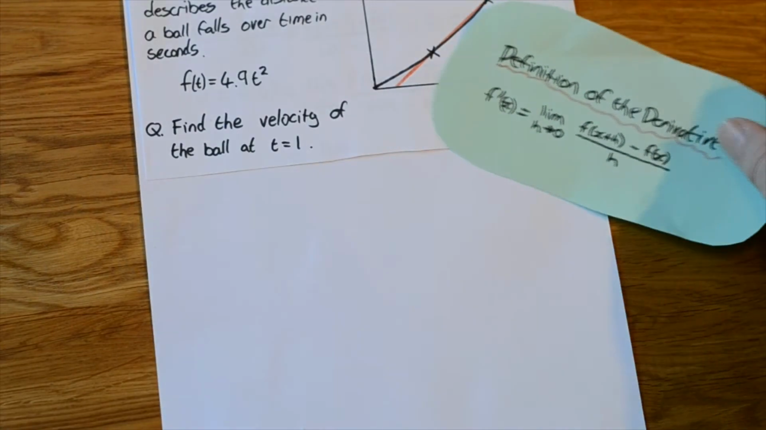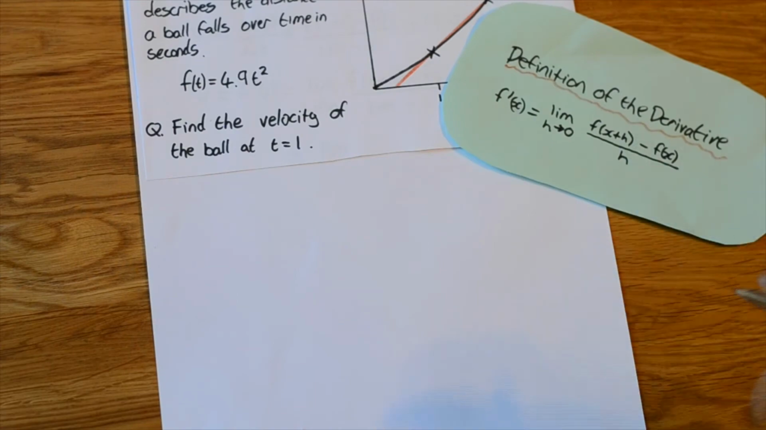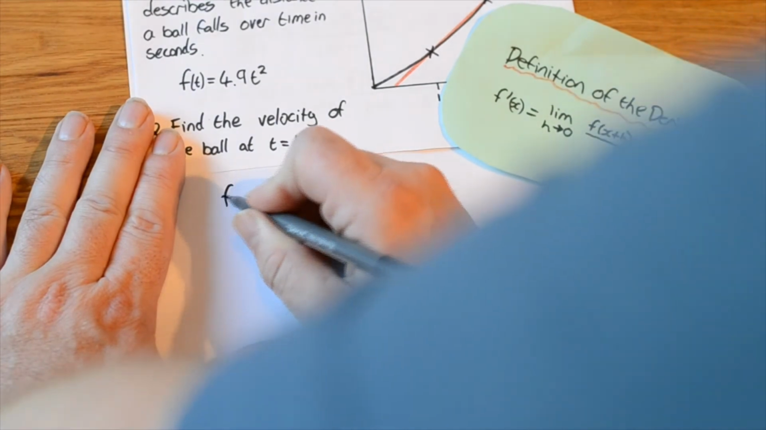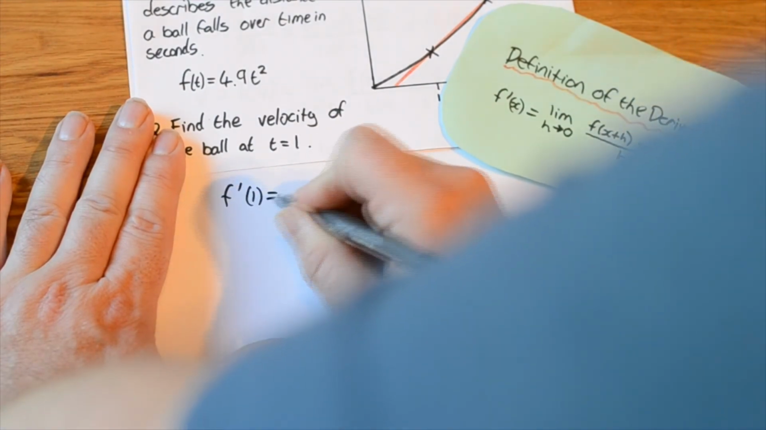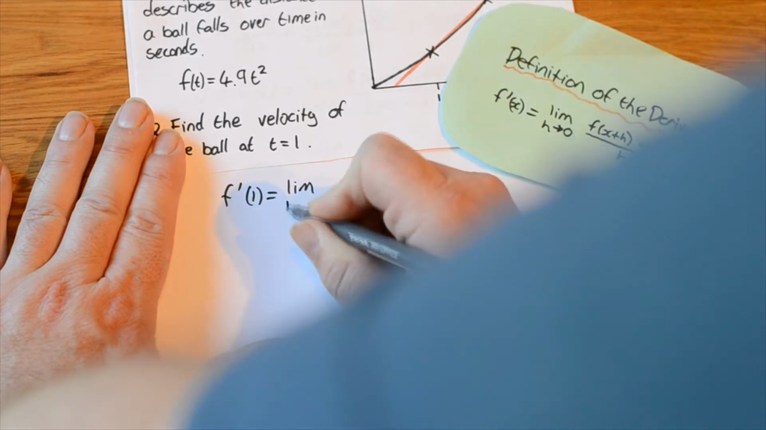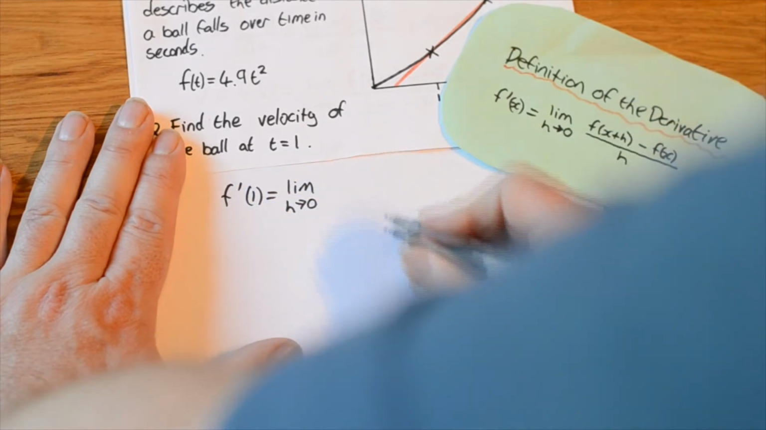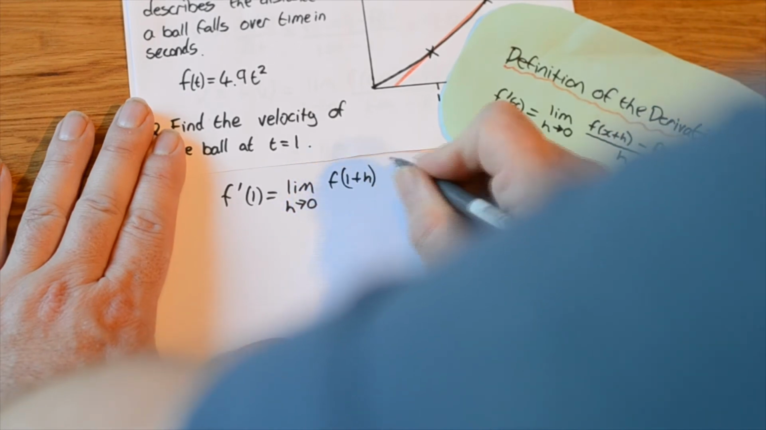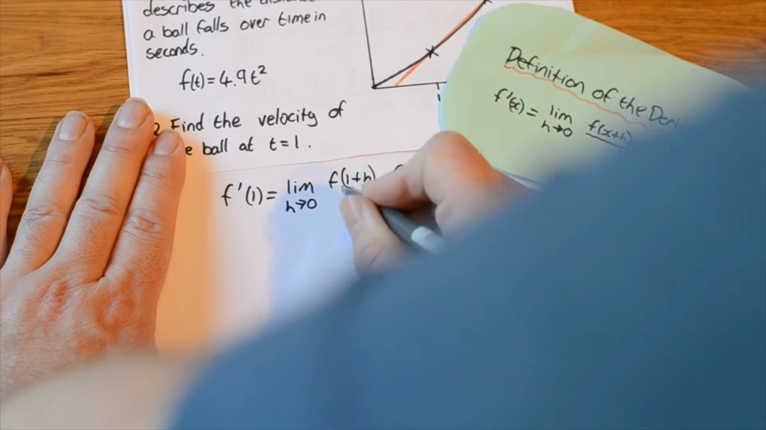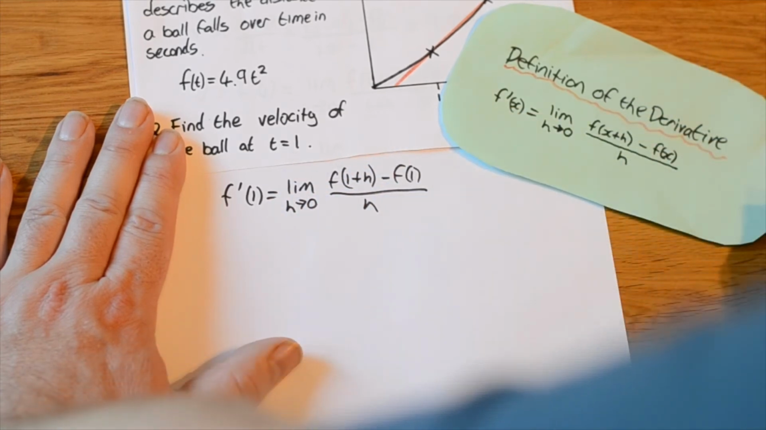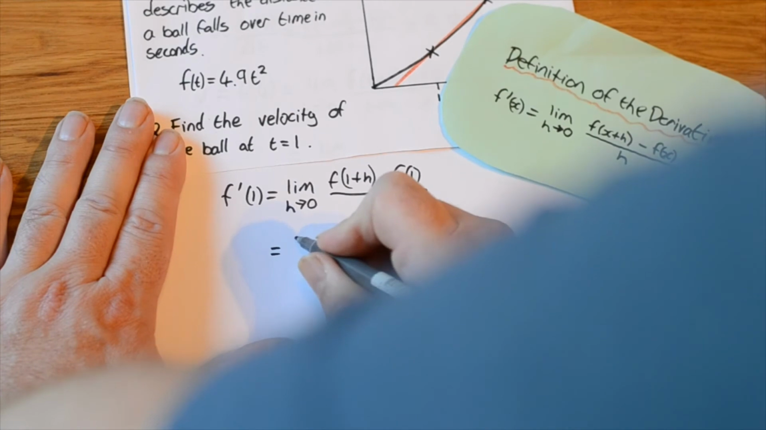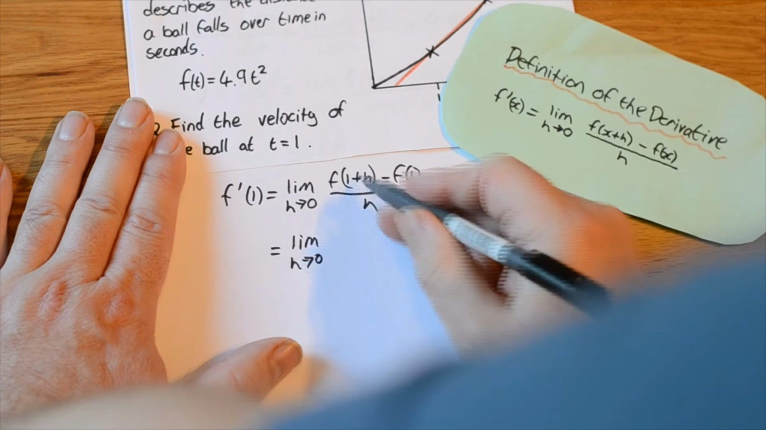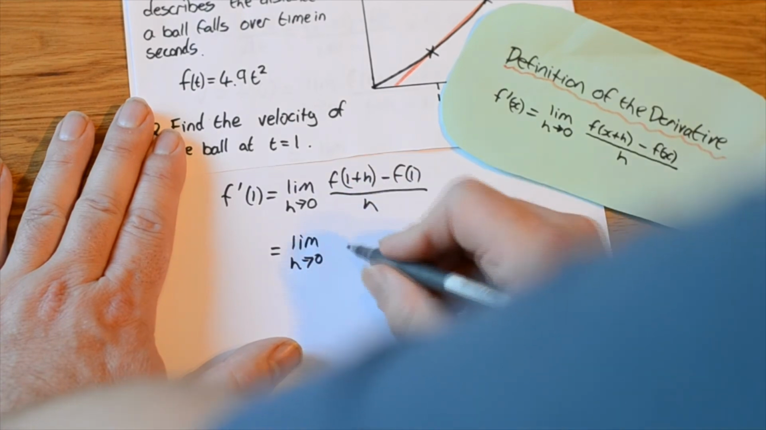To use it in this example, we're going to need to find f dash of 1. That's the limit as h approaches 0 of f of 1 plus h minus f of 1 all over h. We can use the function here to make these calculations. What we're going to get is 4.9